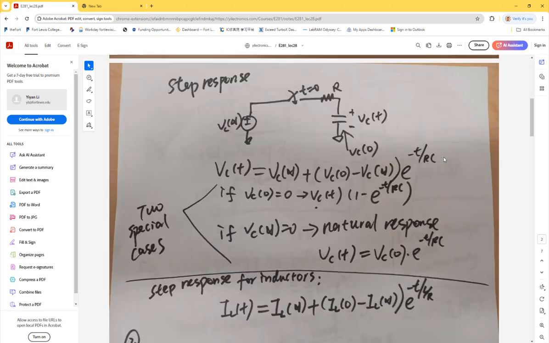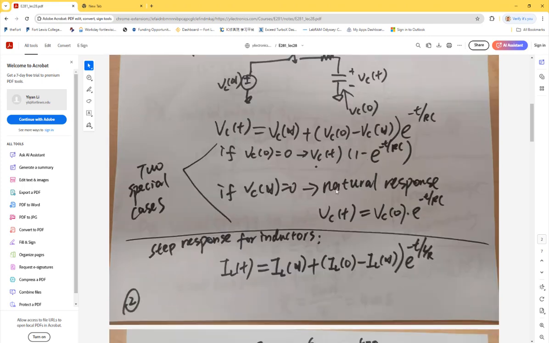Natural response, step response. Only two equations. It's been 2 weeks. So for this step response, there are two special cases. You either put this one to be zero or you give a zero to the final voltage. If you give this one 0 volts, you are getting 1 minus this eventually. So VT equal